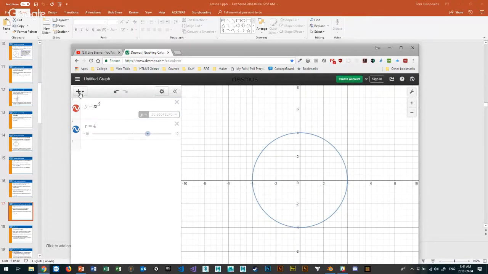The great thing with Desmos is you can add as many of these formulas as you want. So if y is equal to pi r squared, and if you think about the formula, it'd be like f of x, the function f of x is equal to x plus something. So if I say x plus 2, and I add a slider for x, whatever x is, then I can calculate x plus 2, which is a linear curve.